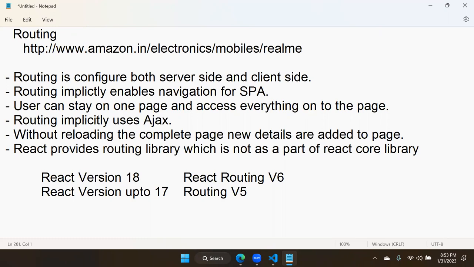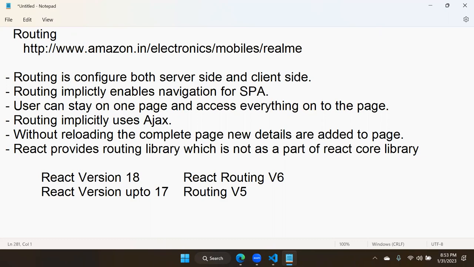You imagine React version is 18 and routing version is still 6. That means they don't change routing every time. Very rarely they change routing, and recently they did that. That means at least for 3-4 years, one time they update routing. So now recently they did that with what? React